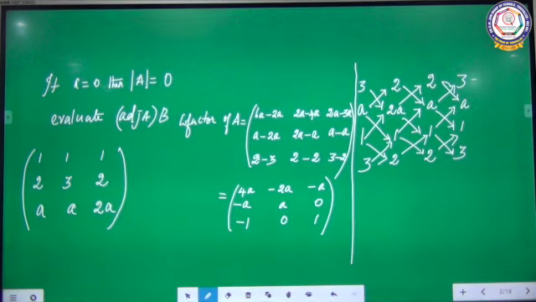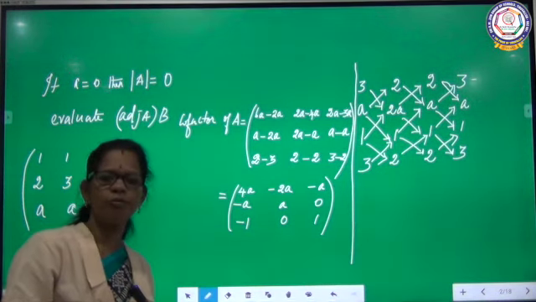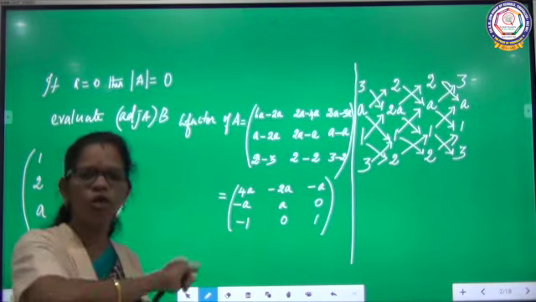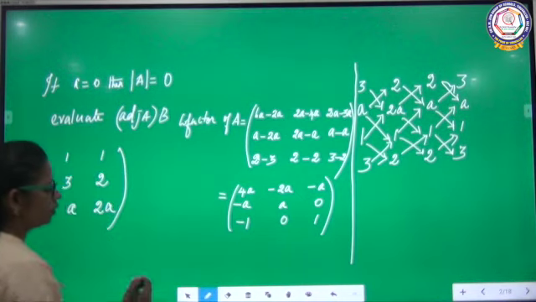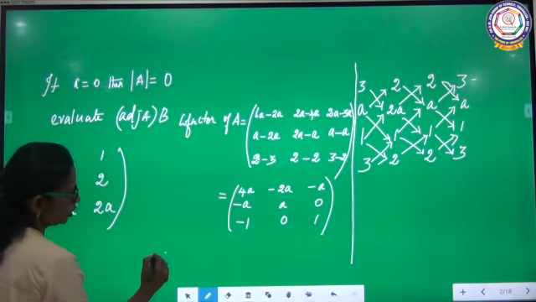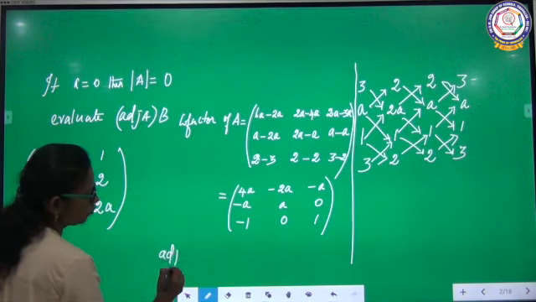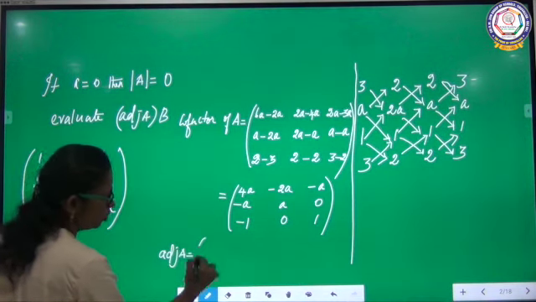Adjoint means what you want to write? Transpose of cofactor. Transpose of cofactor means what? You want to convert the row into column, right? Transpose, that is adjoint of A equal to